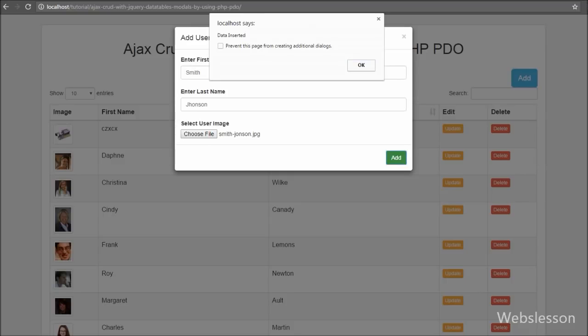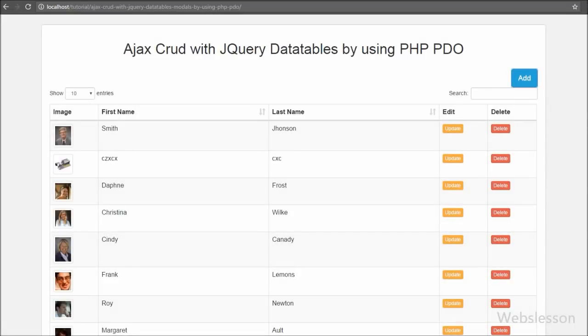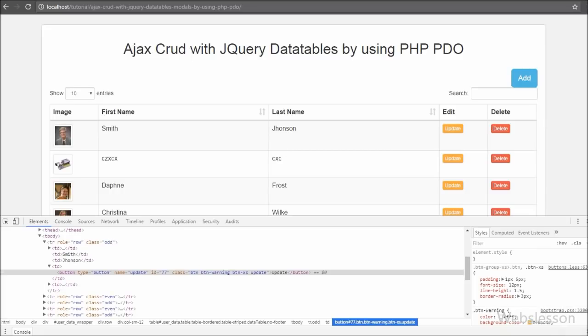After clicking on the add button we receive the message that data has been inserted on the web page, and the inserted data has been displayed under the data table with the user image without refreshing the page. So here we have inserted data with upload image by using PHP PDO with jQuery DataTables plugin with Ajax and Bootstrap. Now we want to update this data, so here you can see the update button, and in this button we have